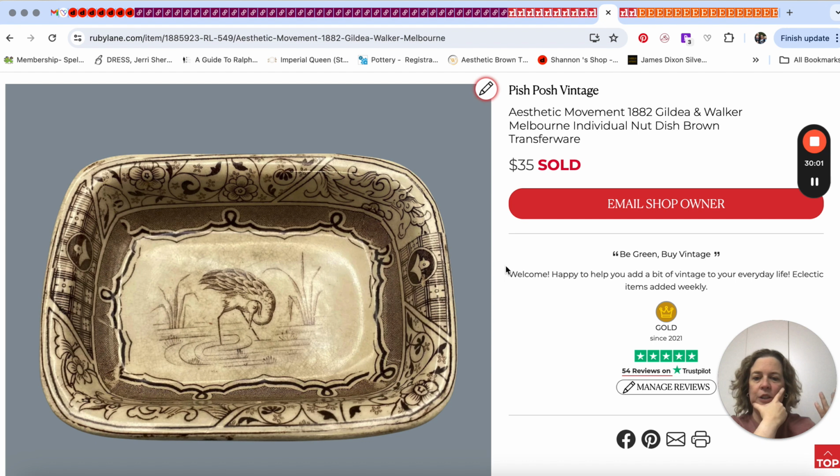It just looked old. It's transferware. It's from the aesthetic movement, 1882. It's just a nut dish. It's just this little tiny thing, it could be like a soap dish or something like that. But